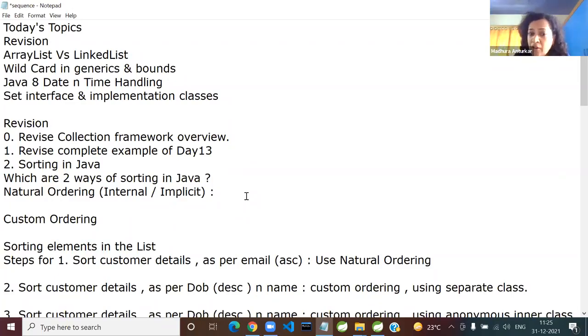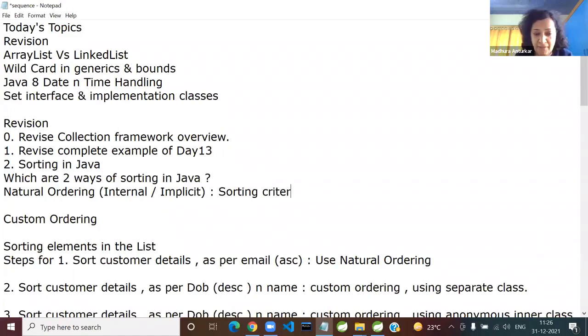Will it be part of the user-defined type or will it be external? The answer is inside the user-defined type. That is why it is called internal ordering.